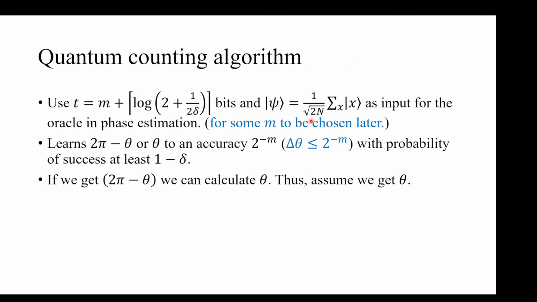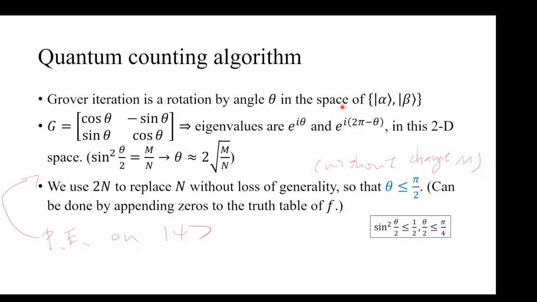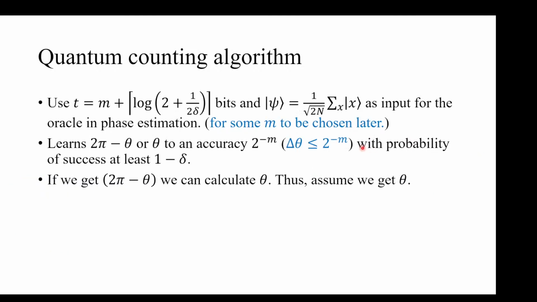Okay, and as we said, because psi is in this two-dimensional space, the only eigenvalue in this two-dimensional space is either theta or 2 pi minus theta. So you will learn either theta or 2 pi minus theta to accuracy 2 to the minus m, because that's what the phase estimation guarantees. m is the precision, and that means delta theta will be less than 2 to the minus m, with probability of success 1 minus delta. Then we can assume that we just get theta